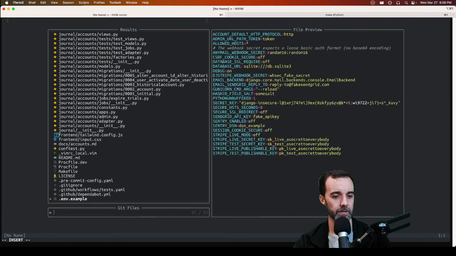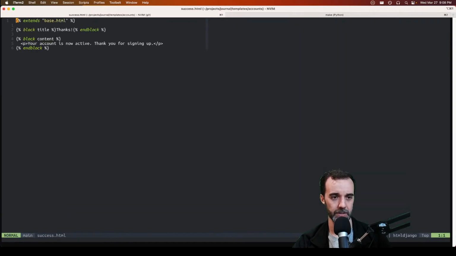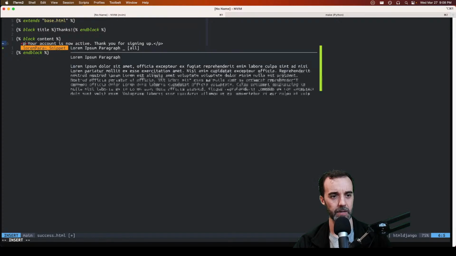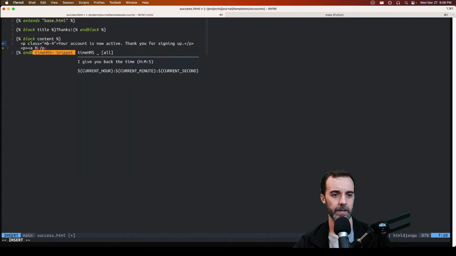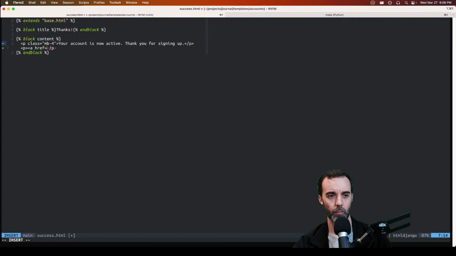So let's take ourselves to the success template and start by adding a new paragraph tag, and then we'll just put a link in this. I don't suppose we actually need paragraph tags, but we'll use that. And then we want to have some spacing here, so let's put a class of, start with 4 on there. And then here I want to put a new anchor tag, and we want it to go